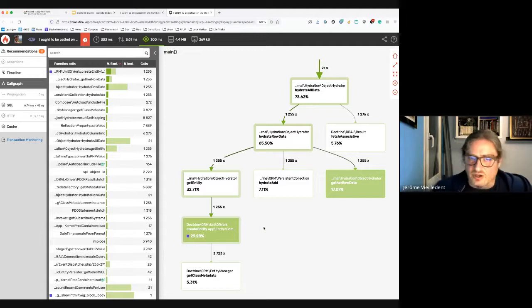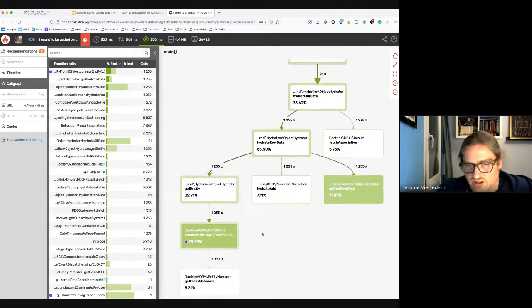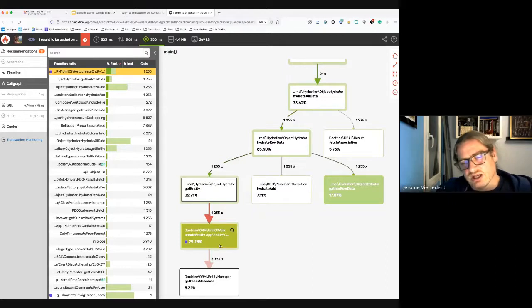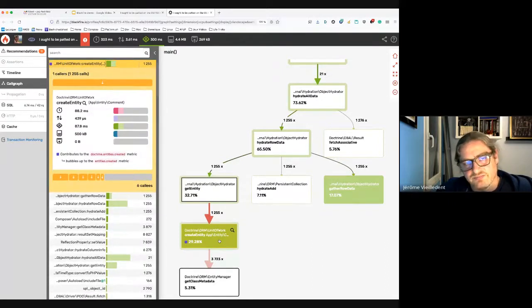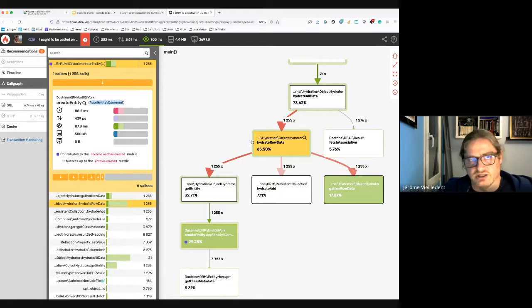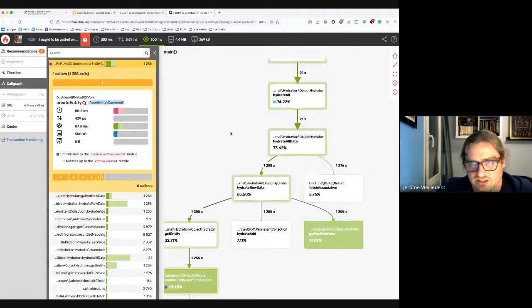So let's go from the bottom to the top, because here we're clearly in the doctrine internals, even though actually if I click here, I can see that we're creating an entity which is clearly the comments entity, clearly from my application. So let's go up.